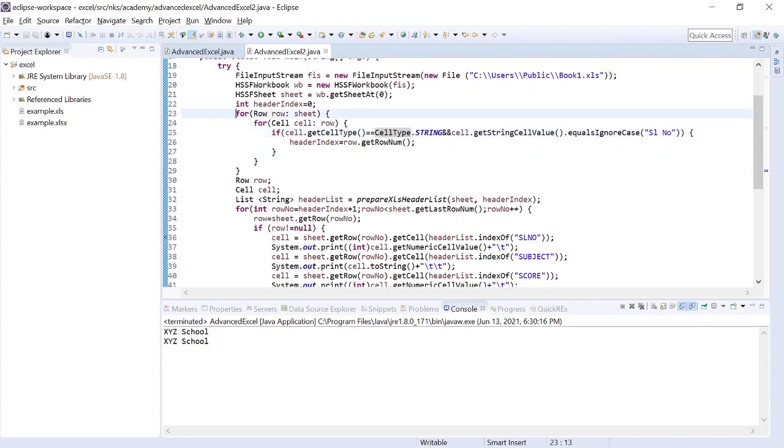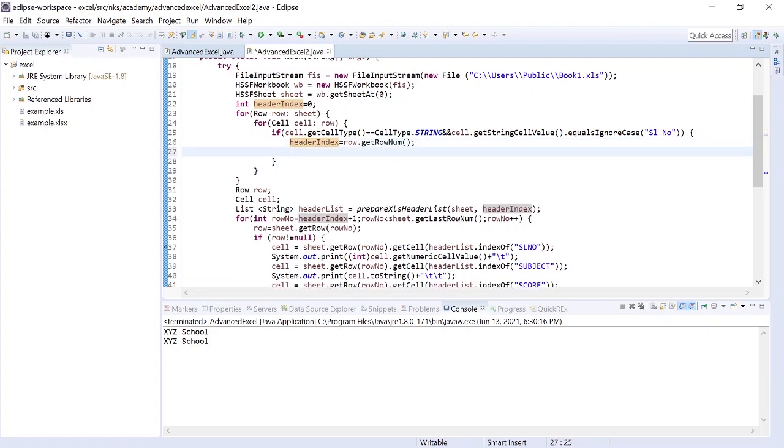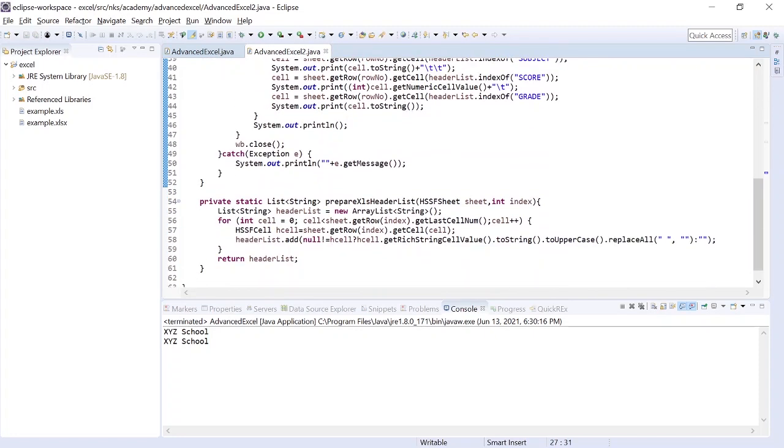We are iterating throughout the sheet, and wherever we are finding the first serial number occurrence, we are getting the header index. Okay. Now, as we have got it, we don't need to search for the rest of the file. Okay. So I'll just break the loop here to prevent multiple iterations. Okay.